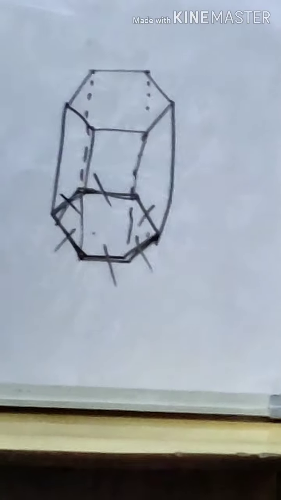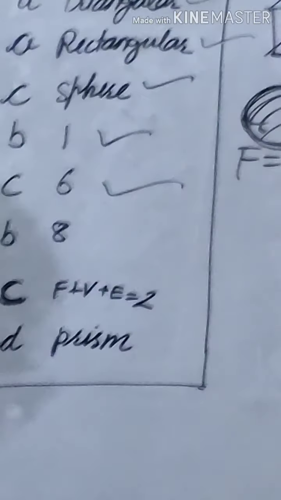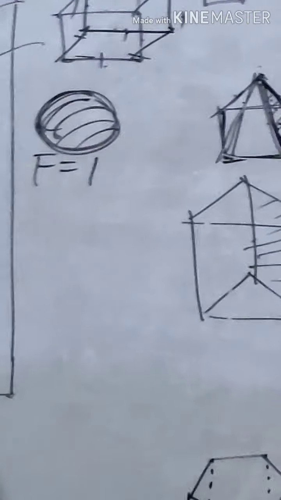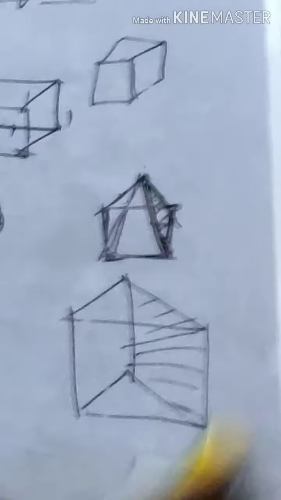It is a triangular prism, it is a hexagonal prism. In this the base is 1, 2, 3, 4, 5, 6. So how many sides are in its base? Then it means 6 are there. So the answer is C part. 6 is the answer. Now 8th question. Using Euler's formula, find V. Using Euler's formula, first of all you must know Euler's formula.